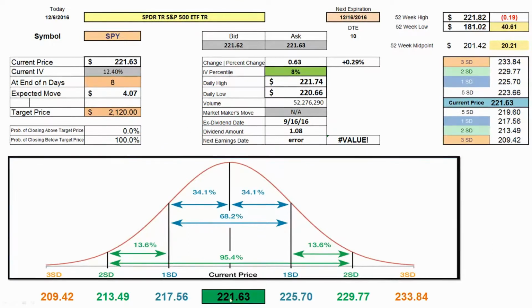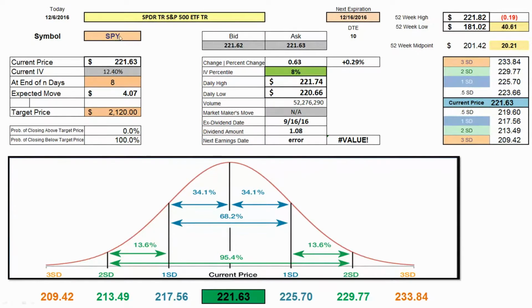You can see graphically that, okay, here's the current price, 221.63, and this is dynamic. It moves up and down. And then obviously when we make the trade, we want to know what the range is going to be. And we can look here and say, well, we can expect this over, I just have to plug in 8